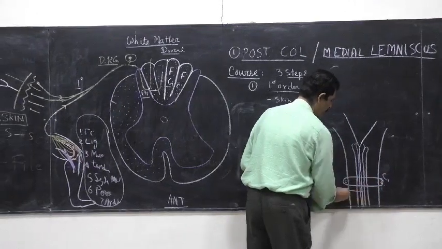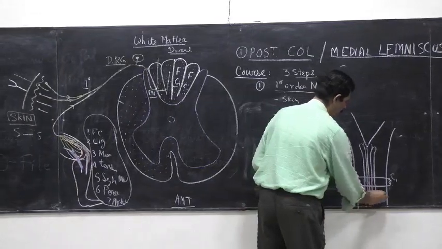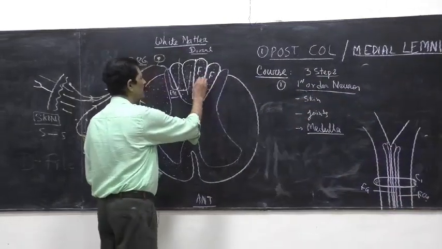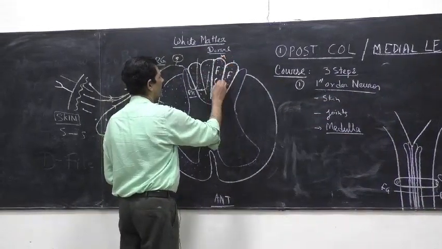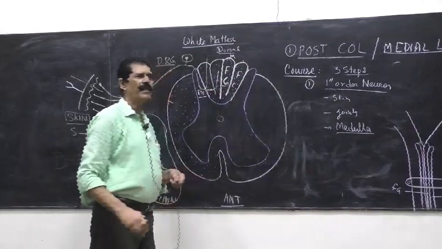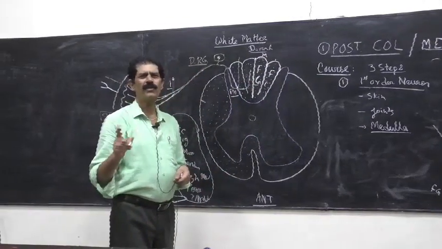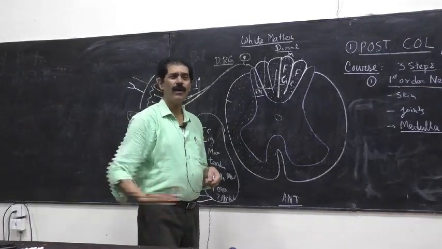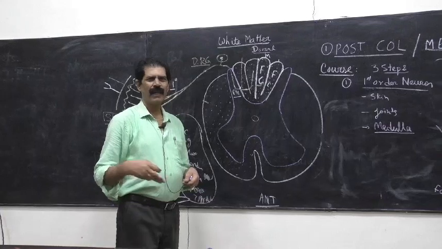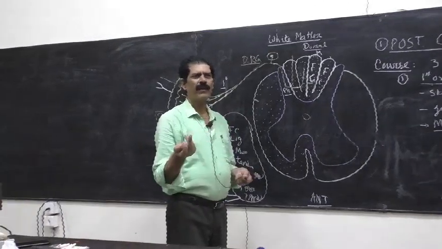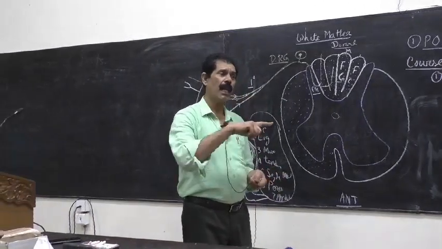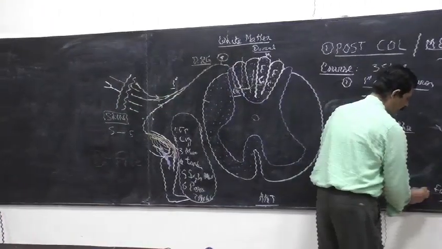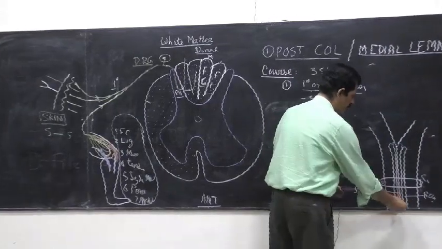So the same fasciculus gracilis and fasciculus cuneatus. How to remember which is medial, which is lateral? Gracilis: we know the gracilis is the medial most muscle of the thigh. So fasciculus gracilis carries the sensation from the lower half of the body, and cuneatus from the upper half of the body. So this is how to remember. Gracilis is always medial and cuneatus lateral. So these fibers are coming from the spinal cord, the fasciculus gracilis and fasciculus cuneatus.